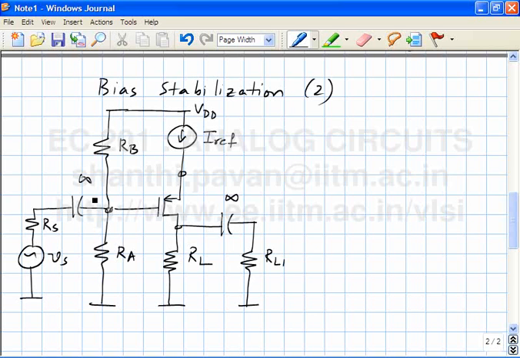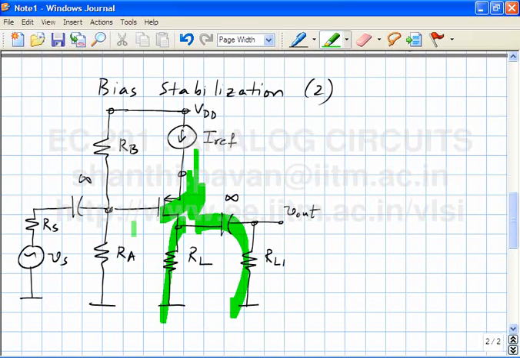What is the incremental gain from input to output now? All the capacitors are infinite, that's correct. When can the output incremental voltage change? When incremental current flows through RL1. If incremental current flows through this branch, it must automatically flow through this branch, which means that somehow it must be coming from the transistor. But you have a current source in the source of the transistor, which is mandating that the total current through the transistor remain fixed at Iref. So the current through the transistor as we have it cannot change. So the incremental gain of this must be 0.